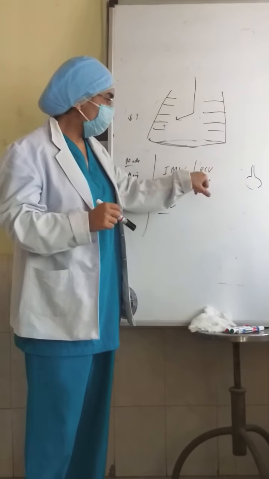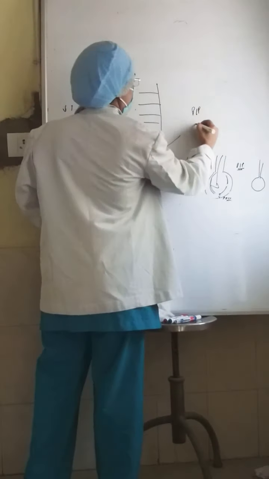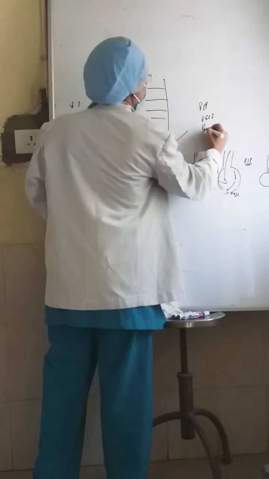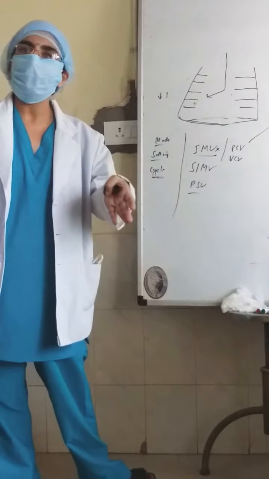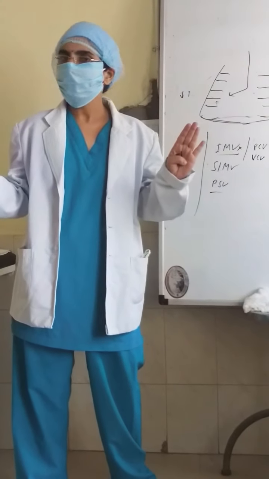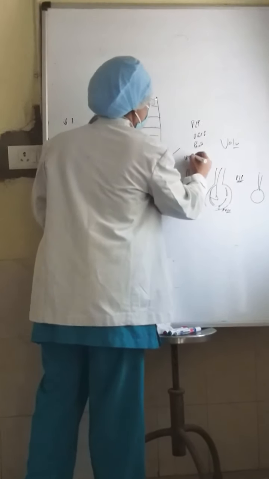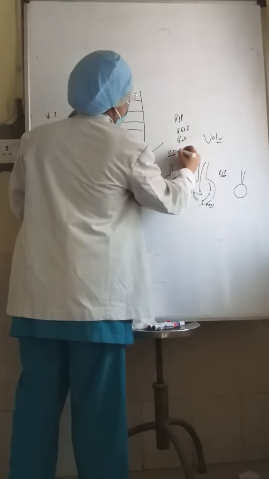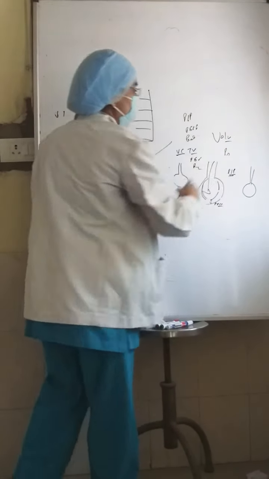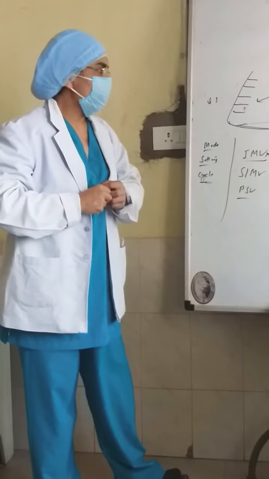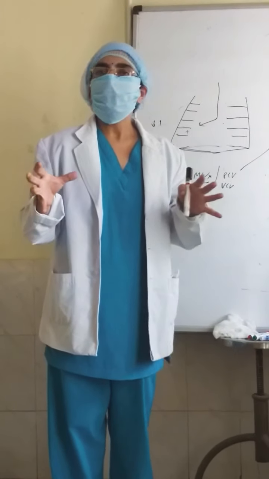In pressure control your pressure is fixed. So when my pressure is fixed, I am supposed to decide PIP, I am supposed to decide PEEP, I am supposed to decide rate. But volume is varying. So how much volume is going into the lung in each cycle, I am not sure. It varies. Similarly, in volume control ventilation, we decide a fixed volume, that is tidal volume. Then PEEP we are going to fix, rate we are going to fix. Pressure changes, we don't know. And most of the time what is being seen in children, because the children's lung is a heterogeneous lung.